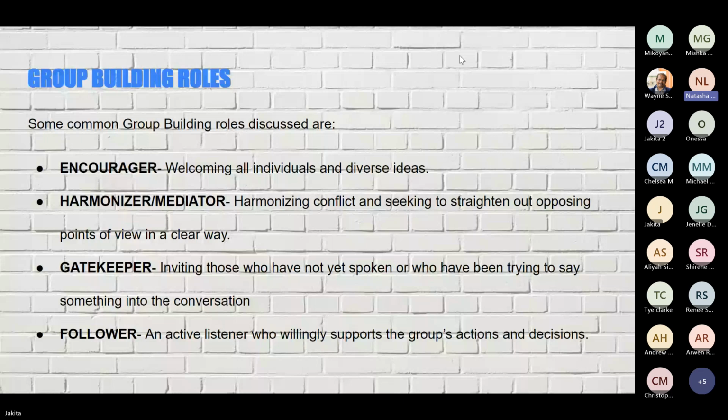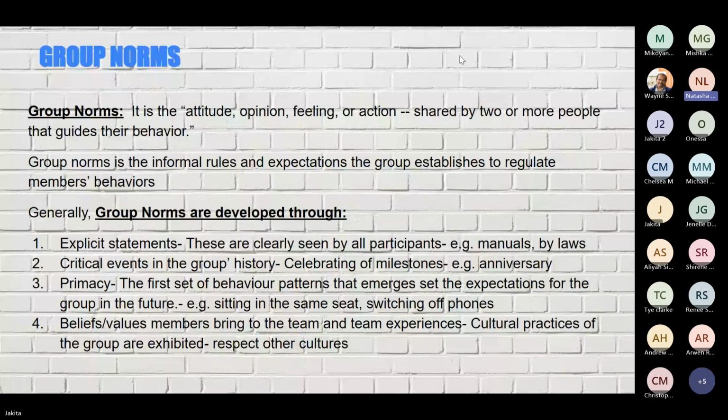Next slide. Group norms. Group norms is the attitude, opinion, feeling, or action shared by two or more people that guides their behavior. Group norms are the informal rules and expectations the group establishes to regulate members' behaviors. Generally, group norms are developed through: one, explicit statements. These are clearly seen by all participants, for example they may be in the manuals or the bylaws of the group. Two, critical events in the group history, for example, celebrating milestones like anniversaries,